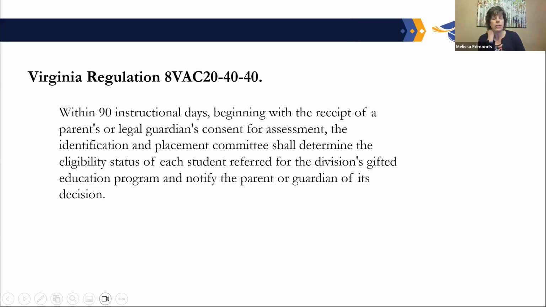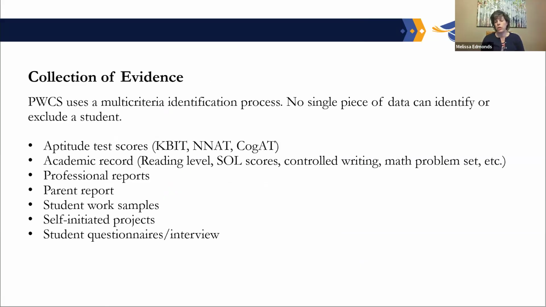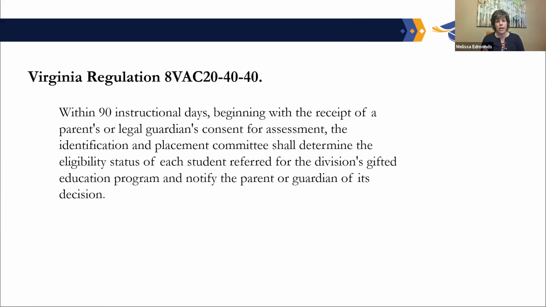The Virginia regulations that I mentioned earlier require that the evaluation process for gifted services completes within 90 instructional days. That's 90 days of school from the time the parent returns the permission form to the child's school. We have 90 days to collect all of the information that is required. After those, usually before those 90 days, but when the process has been complete and a decision has been reached,